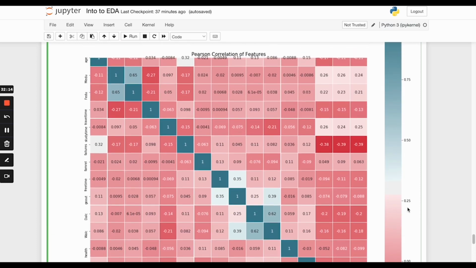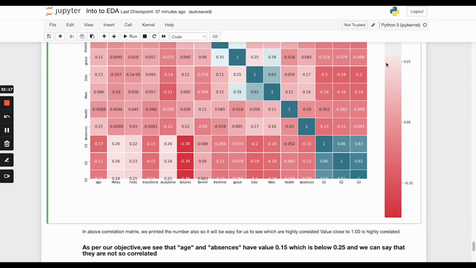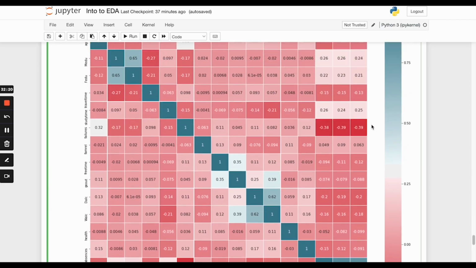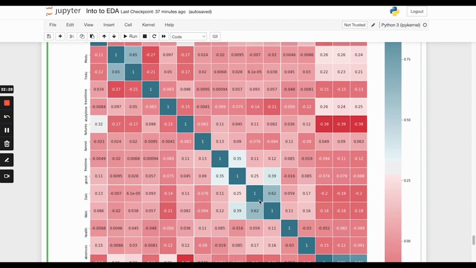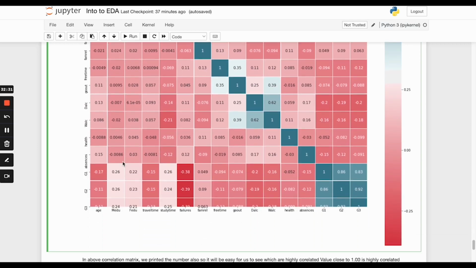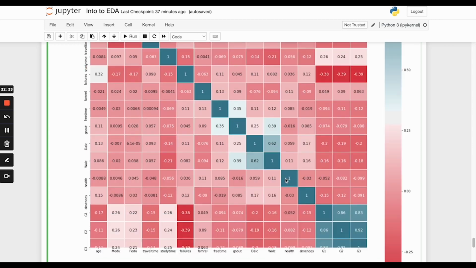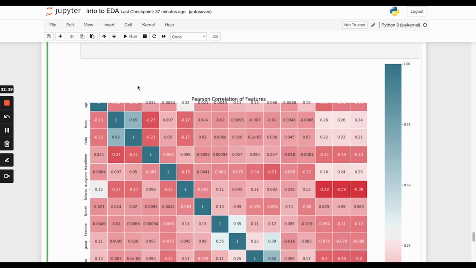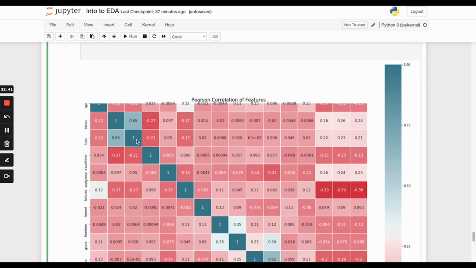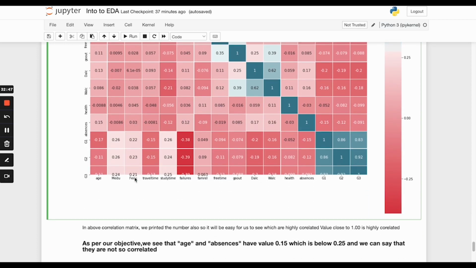From here we are changing the color, right? This is not highly related, so they are not correlated, or you can say they are not highly related. If they are highly related, its value should be 1. See here, the value is 1 between the same variables. If you see the color coding, like Medu 0.65, the color code is slightly blue. This is kind of highly related to Fedu. But if you look at G1 and failures, it's going to minus 0.38, red color, so they are